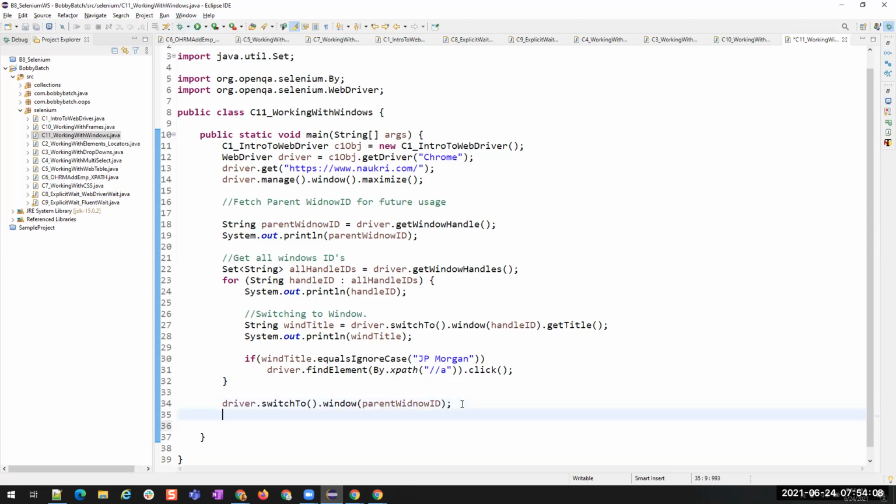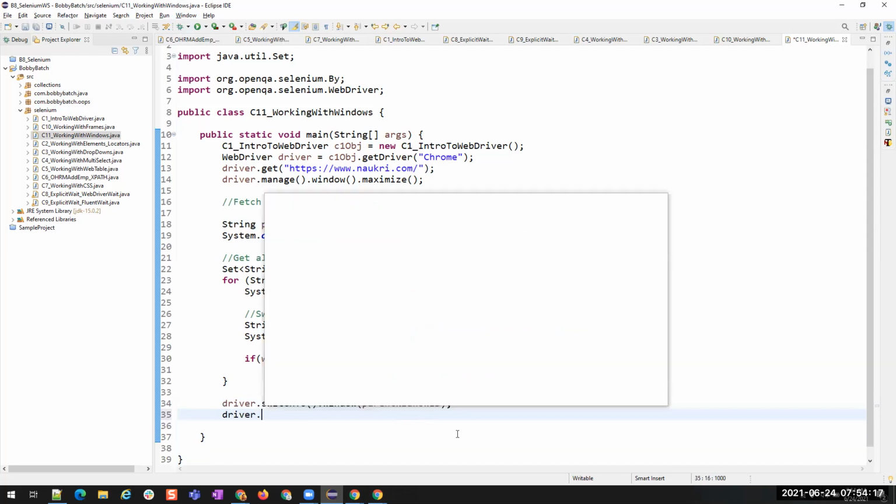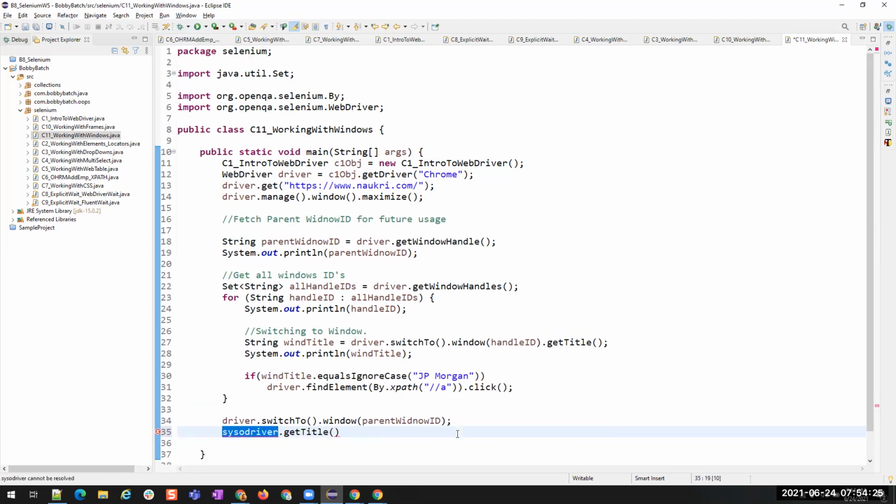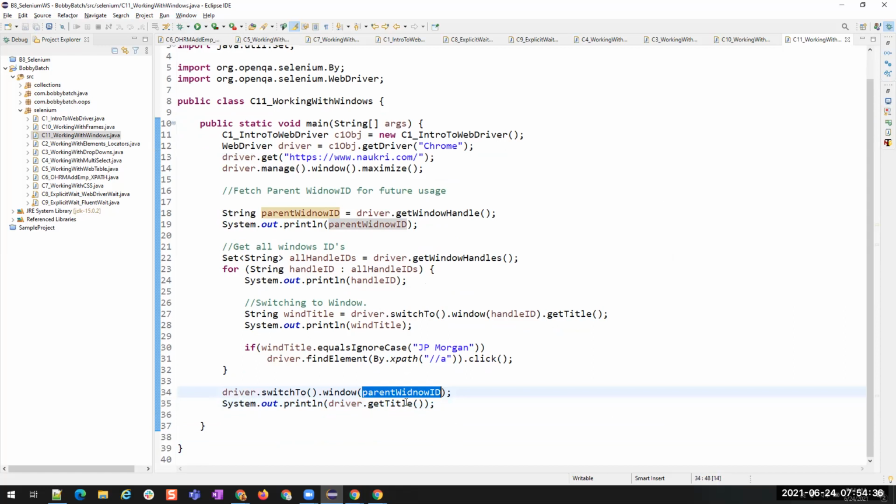After moving, just to show you that, I'm going to print the title again. Driver dot get title. After switching to parent window, I'm getting the title again.